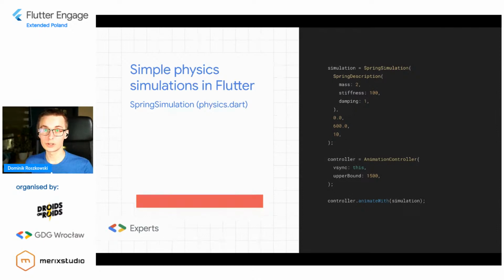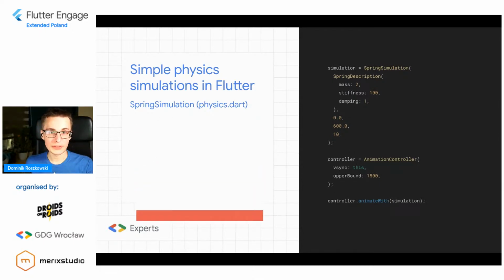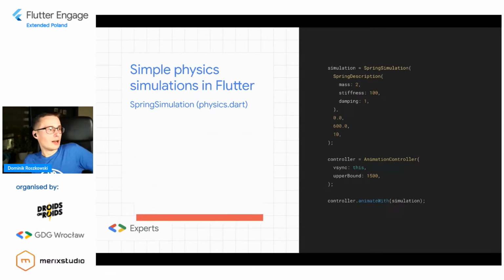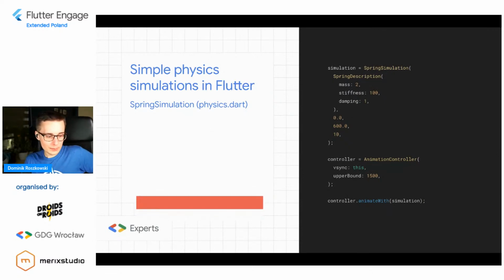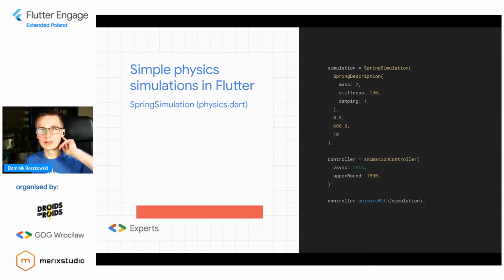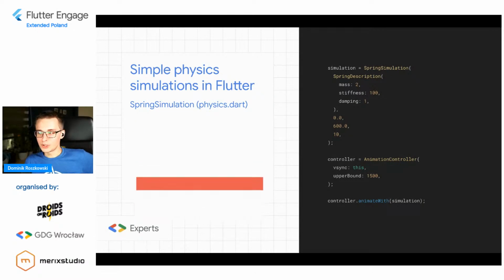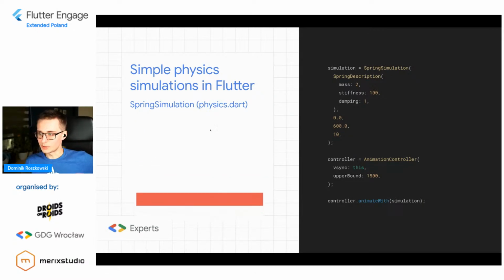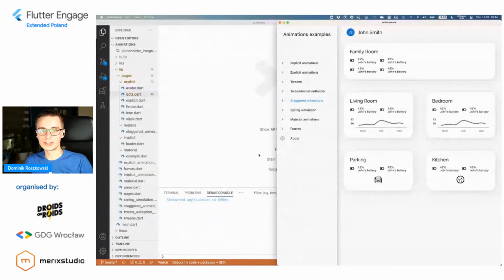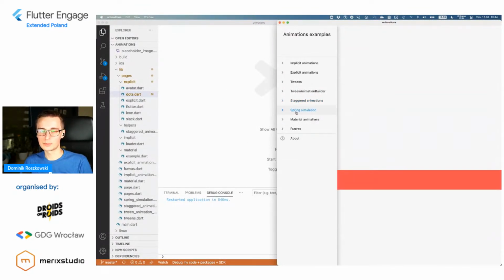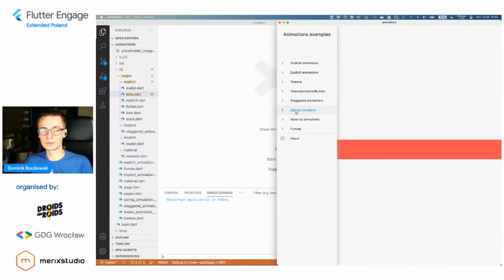And the next thing that I wanted to share with you is Spring Simulation. Spring Simulation is something that I discovered recently, because before that, I was writing my own equations in order to make physics animations, especially with gravity. But it appears that there is this... no, Robert, this presentation is not with Flutter, but actually this application is being done with Flutter. And so I have a separate application. I'm going to post it later, but I didn't have time to finish.